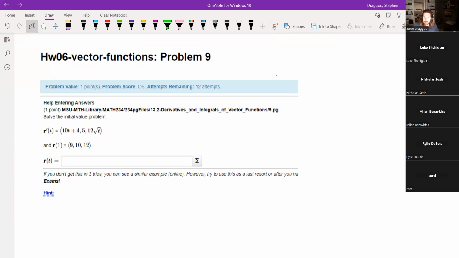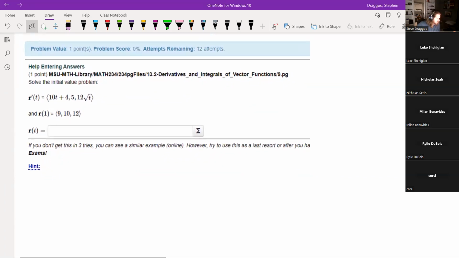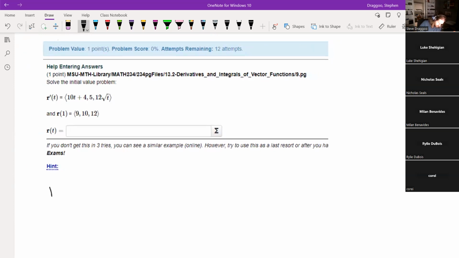Given r prime is some vector and r of 1 is some point, figure out what the original function should have been. So find r of t. So this is finally some calculus. All we want to do is just integrate each of these pieces. So I'm going to claim that r of t is equal to